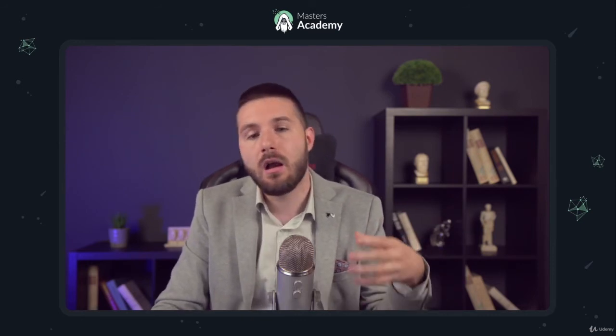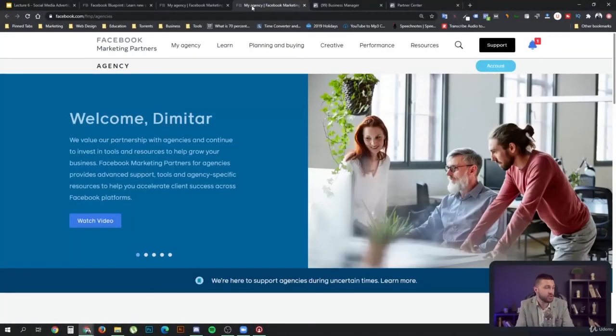There are actually a bunch of requirements that you need to cover. You need to have well-performing campaigns. You need to have pixel data in your campaigns, obviously. You need to have good conversions, good return on ad spend, and things like that. Those are not as important as the actual spend. So you need to spend large amounts of money to go to the higher tiers and gain the higher benefits. You will be able to see all of that in Partner Center, and also on the Facebook Blueprint agency portal,